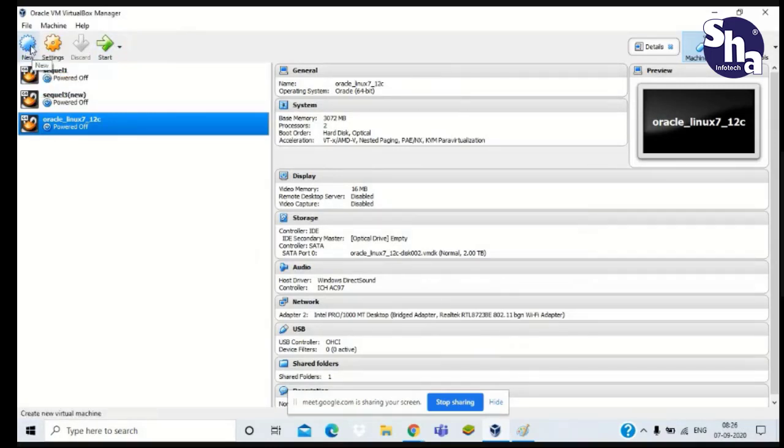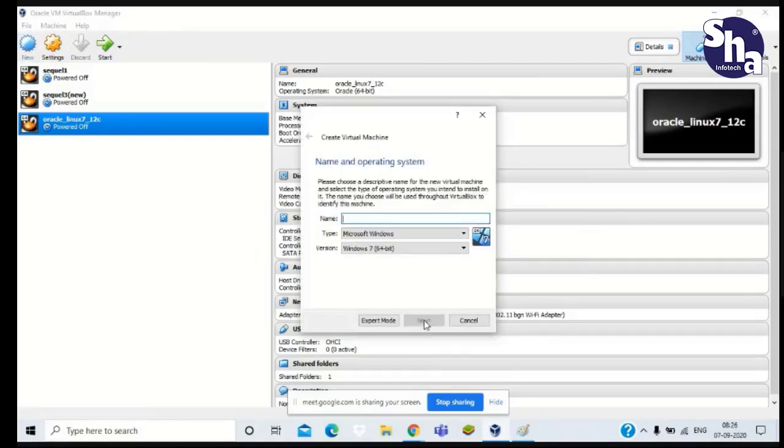Just write down these steps, that will be easier for you while installing the software. Click on the New option and this GUI will appear.